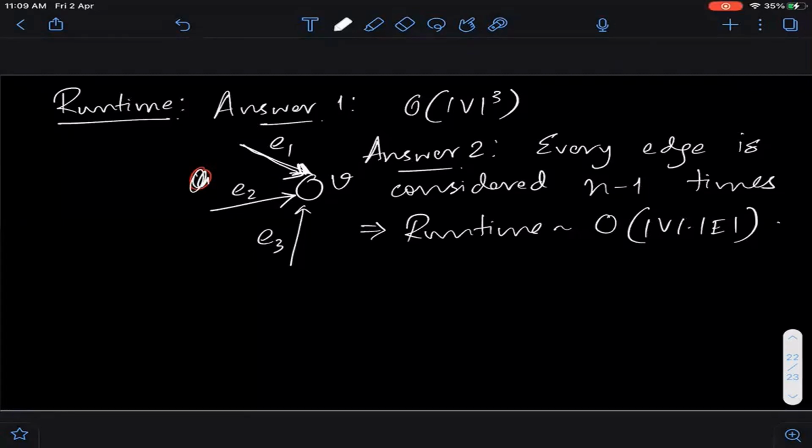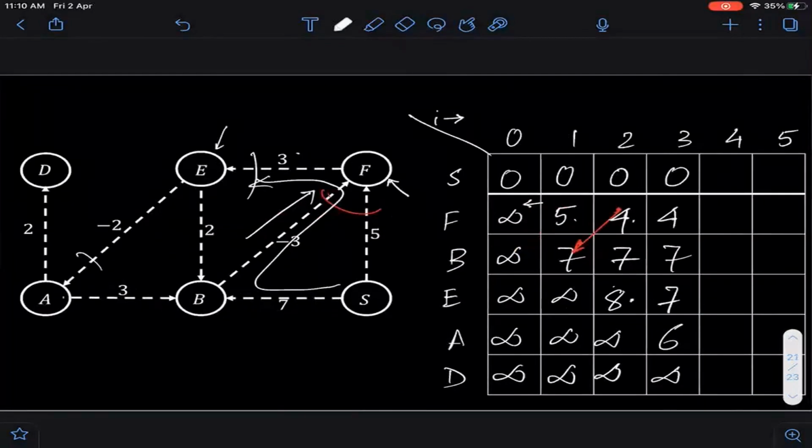Now, as I said, there are a couple of optimizations which I can hint at. So one thing is stopping early. This is an optimization of the running time. I claim that sometimes I can stop the procedure a bit earlier. So can anyone tell me when I can stop the procedure? Is there any condition? Suppose this loop is running. The outer loop is supposed to run V-1 times.